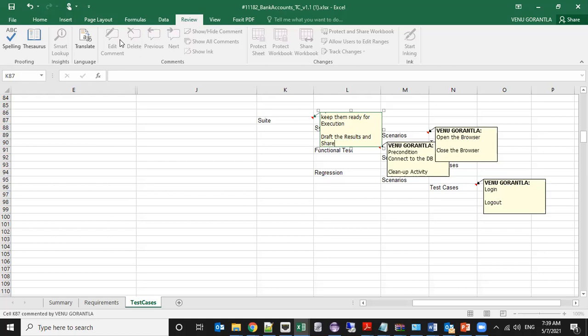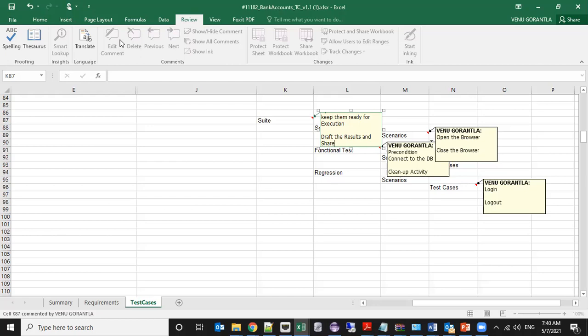Here, what is the execution order? It starts from the suite. First one, suite, it will execute the precondition alone. Then it comes to the functional test. Don't consider your other things, only consider the things that we are considering now. In functional test, what is the precondition? Connect to the DB. So DB will be connected. Now you go to the browser, open the browser in the scenario for functional test, and there you will open the browser first.